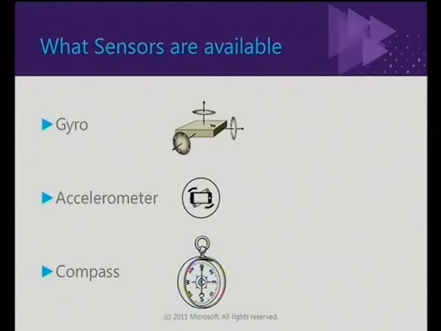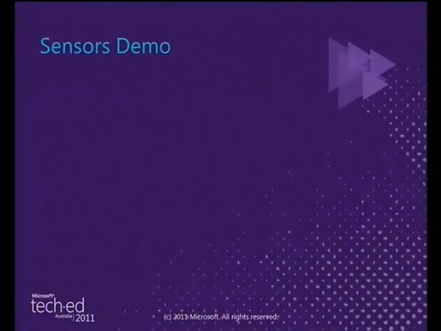So when we say sensors, in RTM last year, you only got access to the accelerometer. Sure, we realised there's a lot of AR scenarios out there that require access to gyros and compasses. You're now going to get that by default. I'll do you a quick demo of the new compass sensor.